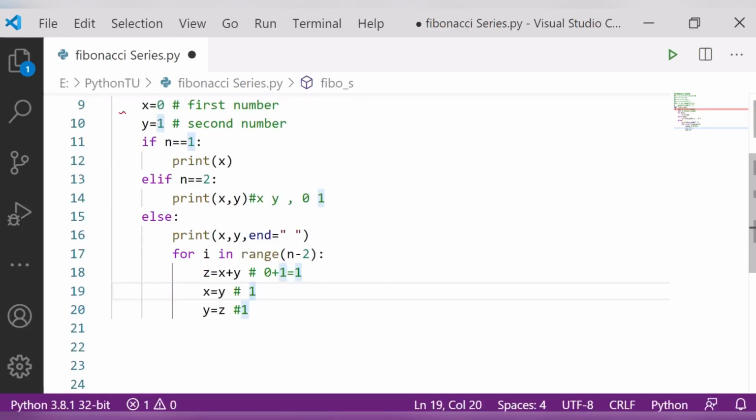Okay, now next, what is becoming here? Now x is 1, y is 1. Okay, x becomes 1 and y becomes 1. So if we go here, look here. What would be the next calculation? 1 plus 1 is equal to 2. Obviously x is 1 and y is 1, so the next number will be 2, because in the Fibonacci series it is the sum of the previous two numbers. Okay, it is the sum of the previous two numbers.